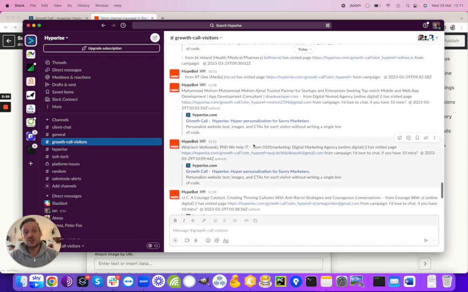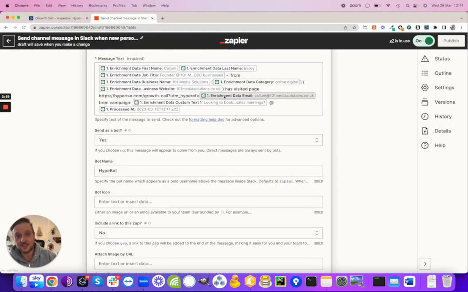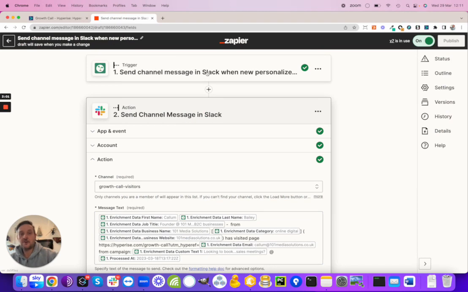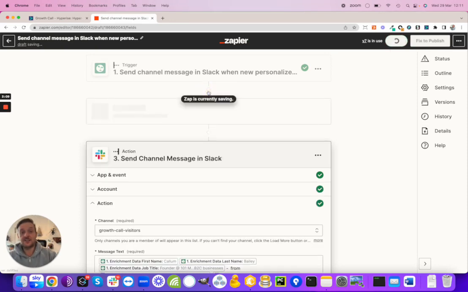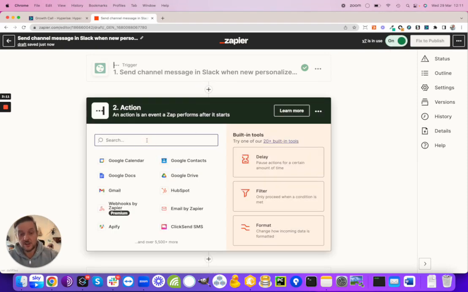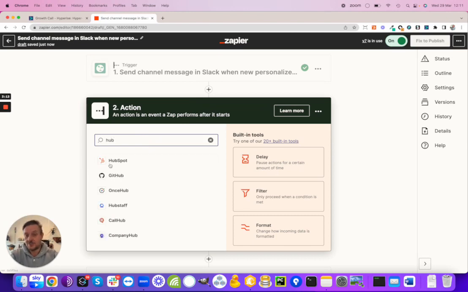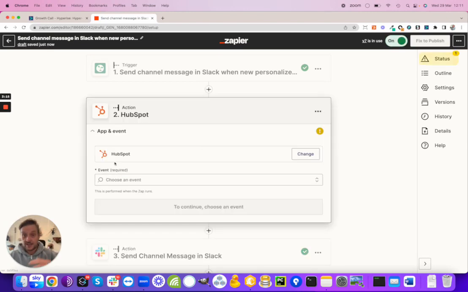Anyway, just thought I'd share this with you. It's very simple to set up, as I said, just using Zapier and using our image personalization triggers. And obviously in this case we're putting the data into Slack. You could quite easily have a different process where maybe if you're using HubSpot, you add a note to that customer to say, hey, they visited this page. And so from a sales perspective, again, you could have a hot list of people that have